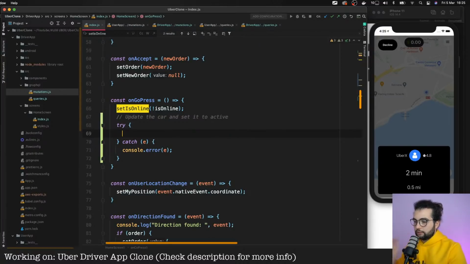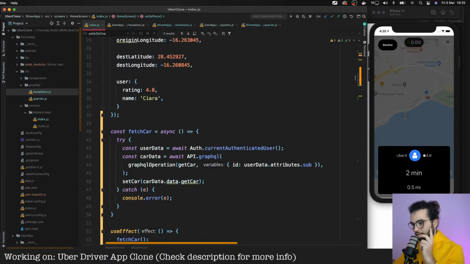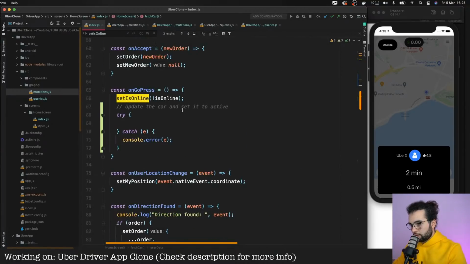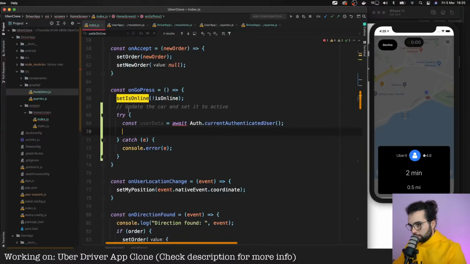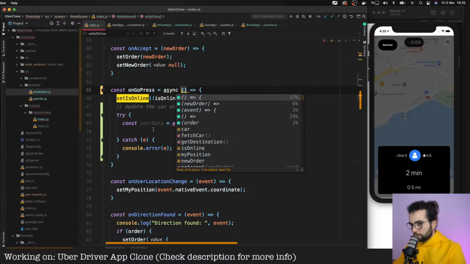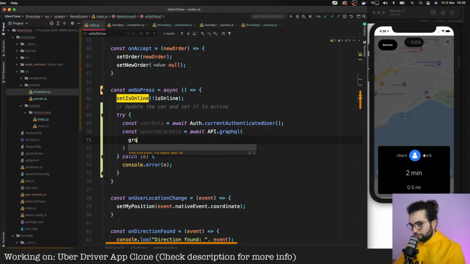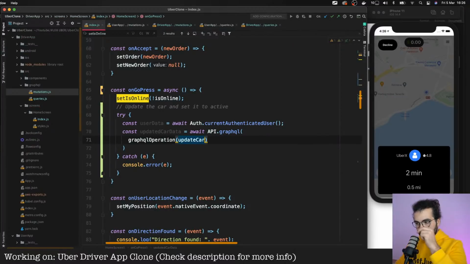Okay, let's get the user data again. The function should be async, and const updatedCarData is equal to await API.graphql operation, and here we send the mutation updateCar.